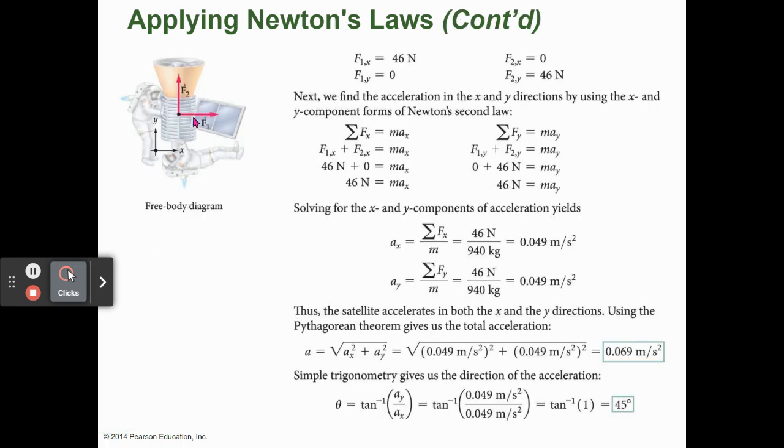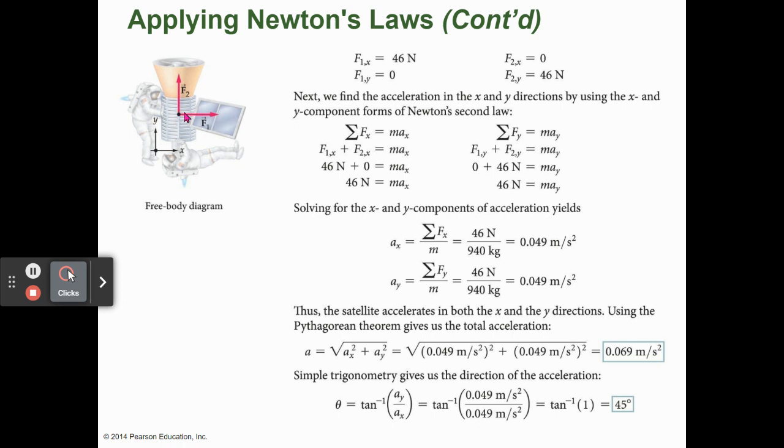All right, so back to that example, we got the astronaut pushing on whatever this is. It's an object, doesn't matter. We have one astronaut that's pushing up. We have one astronaut that's pushing to the side. So each force has an x and y component because it's a vector, okay? So force number 1 has an x component, which is the force with which he pushes on the satellite. The problem tells us with 46 newtons of force. So his x, F1x,